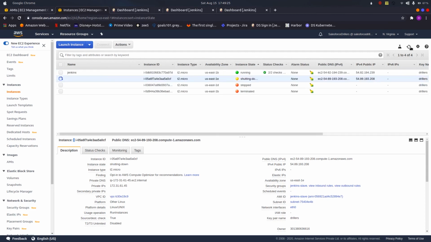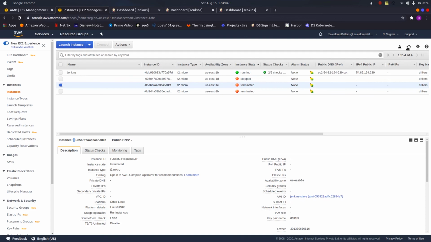As we can see, it is saying shutting down, which means our slave is now getting terminated. Now if we run our job again, our Jenkins slave will be created again on its own. Let us have a look at that flow also. Let us wait till it gets terminated completely.